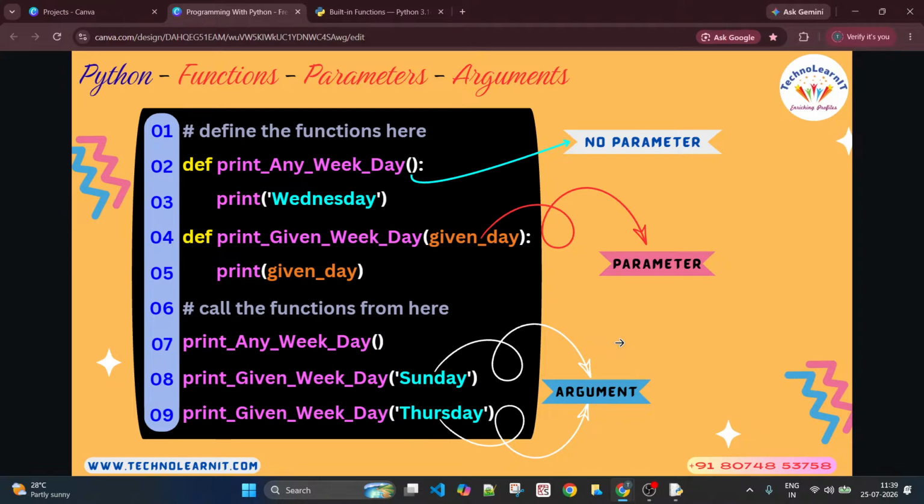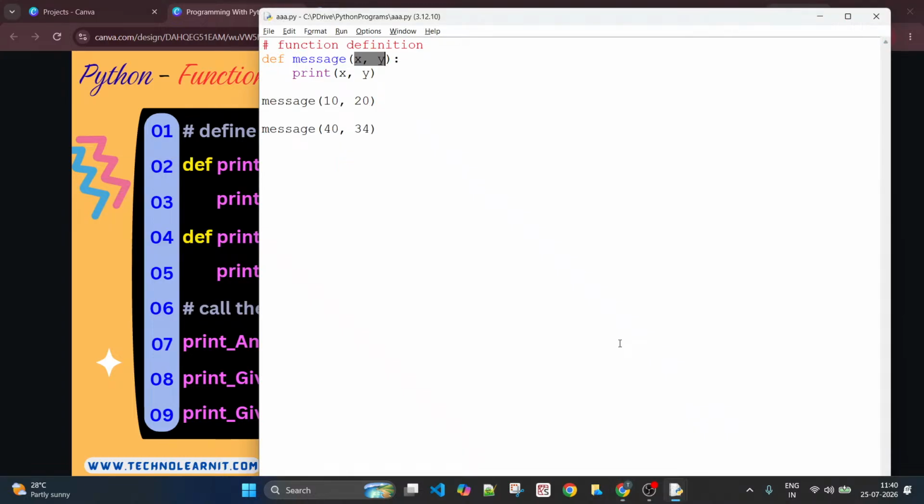Same thing, but in the braces on line number 8 and 9, you need to pass some argument within the brackets, so that the formal argument given day will be substituted with the value of the actual argument. So given day becomes Sunday in the context of calling this function from line number 8. And on line number 9, when you call the same function with a different value, you will be seeing Thursday.